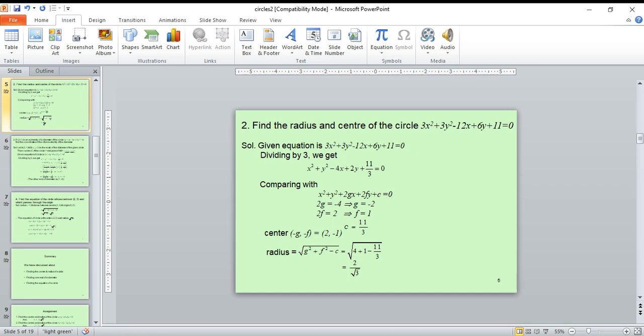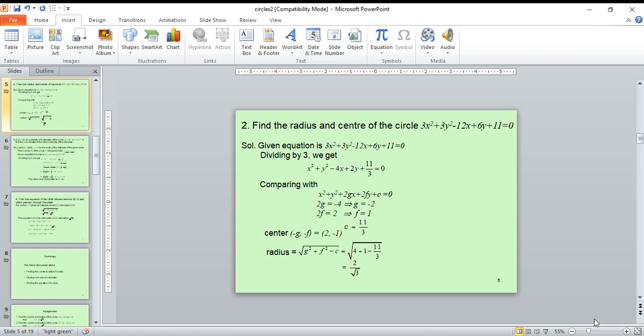So the given equation: find the center and radius of the circle 3x square plus 3y square minus 12x plus 6y plus 11 equal to 0. So this equation is not in the correct form of a circle equation. In a circle equation, the coefficient of every x square and y square is 1. But in the given equation, the coefficients are 3 and 3. So convert this equation into the common circle equation,